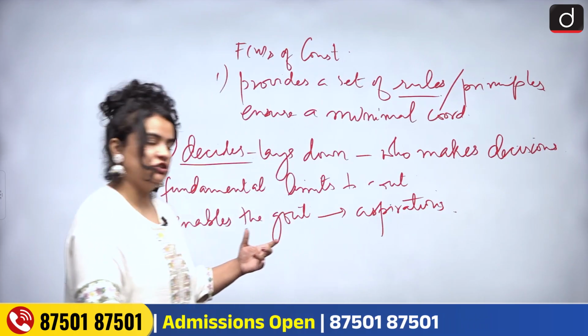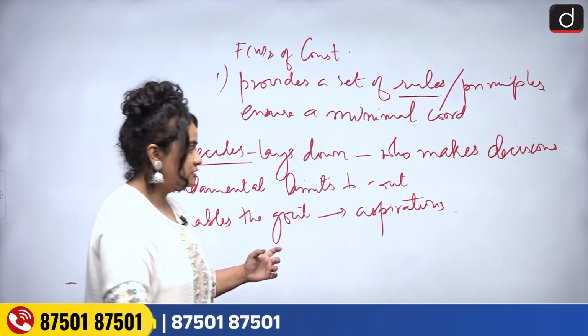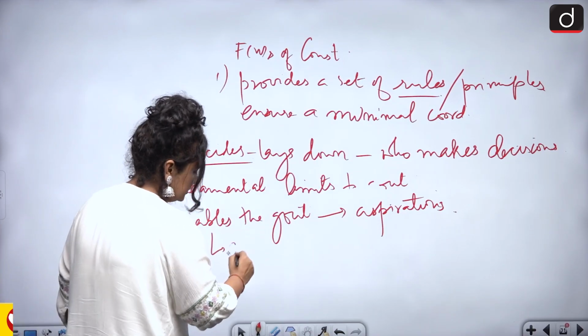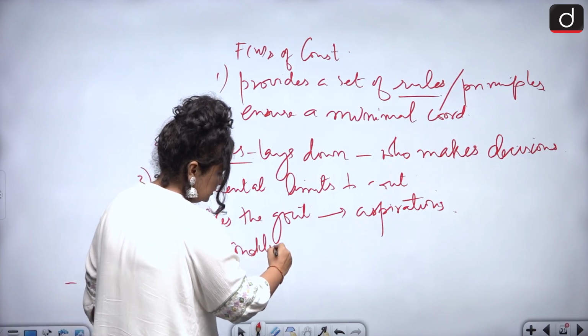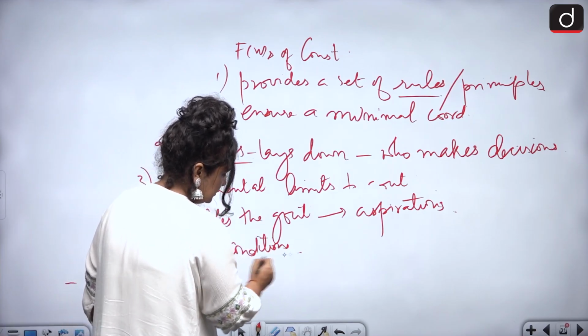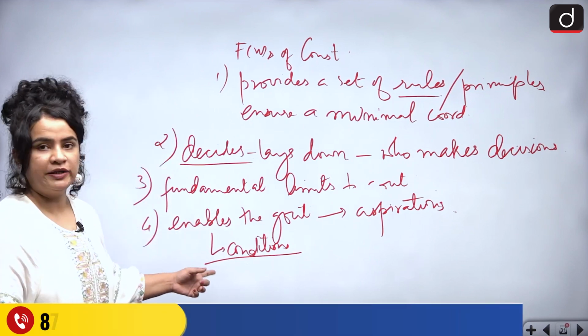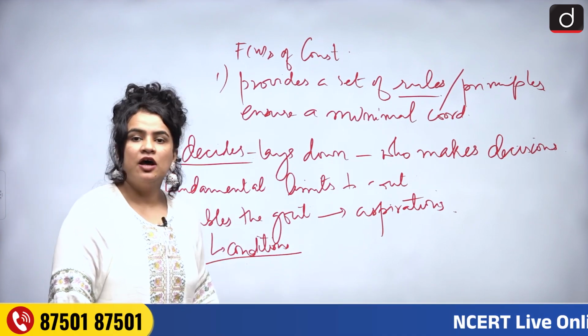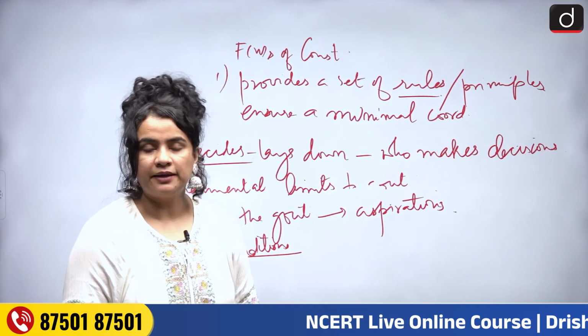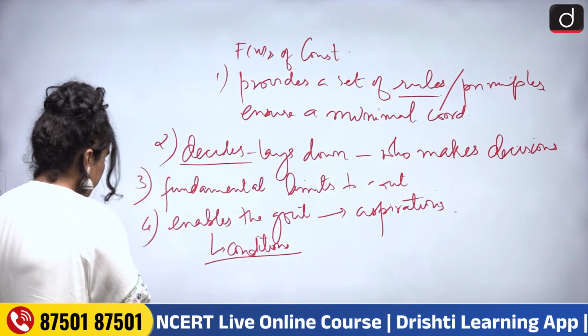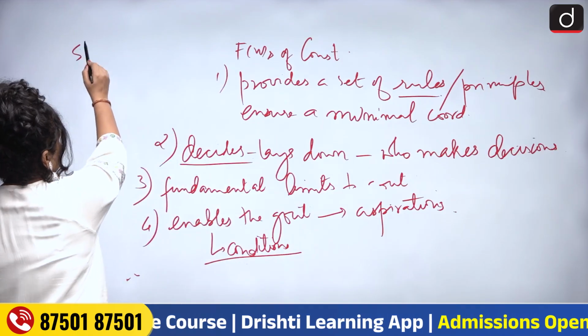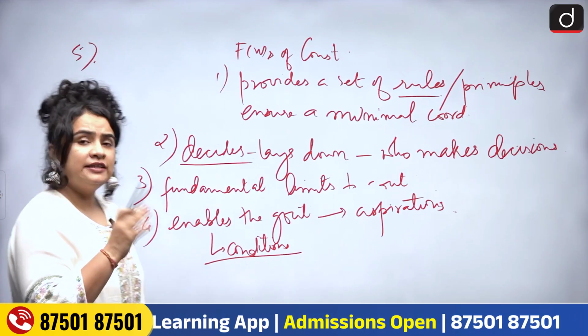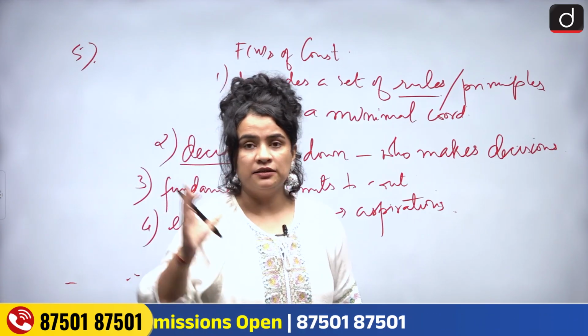That is the fourth function. It also means that the Constitution provides certain conditions, or enables the government to provide certain conditions, for a just society to take place. All right. The fifth and final point, and according to your NCERT also, the most